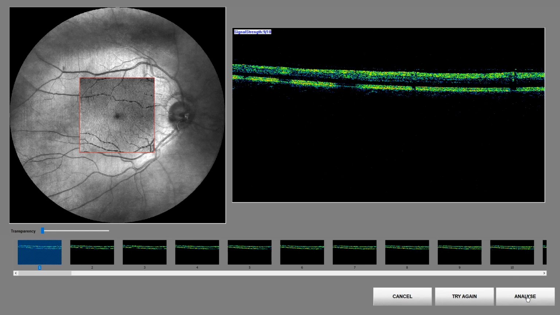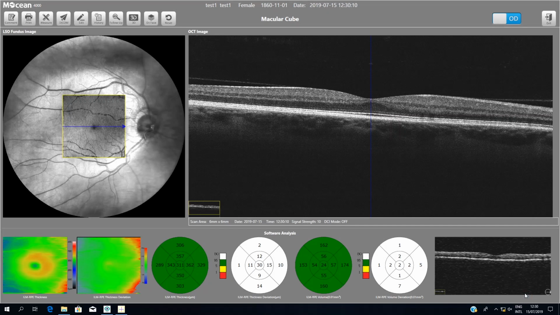We press the Analyze button in order to acquire the best image, and again, you see two images, one of the SLO and the second one of the OCT scan. It is very important that we can select here at the SLO image by scrolling up and down